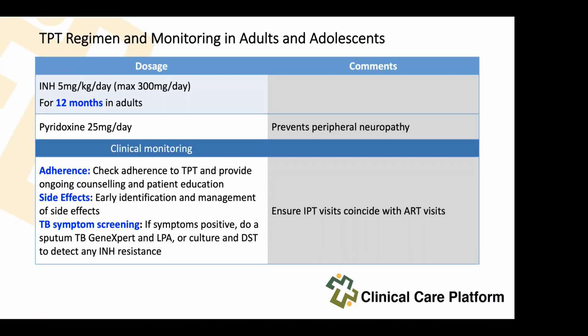Because this is regarded as a prevention program, we do not want patients to experience side effects. So we monitor those side effects, and then we make timely decisions as needed. As soon as your patient has symptoms, you have to interrupt, investigate, and if TB is confirmed, we don't treat active TB with 1 or 2 drugs, right? Once it's active TB, we need to treat our patients with Rifa-4 right there. All right.